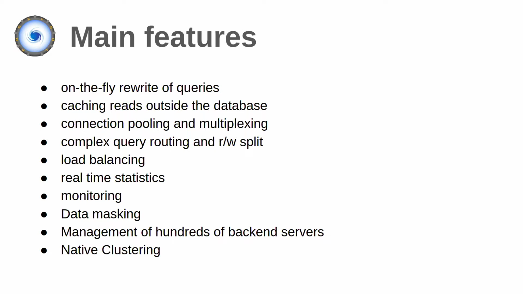Here is another list of features that are important in ProxySQL, like the ability to perform real-time statistics, and mirroring, so you can send traffic to a set of servers and it is automatically mirrored somewhere else. Data masking, there was a session this morning with an example. One of the most important features that is often used is connection pooling and multiplexing. This is often able to drop the number of connections by up to 95%. It really depends on how you configure it, but it's not uncommon to see a 95% drop in connections.